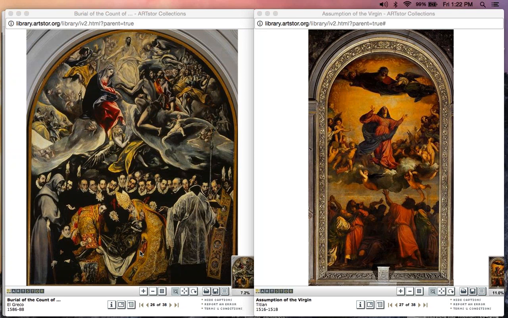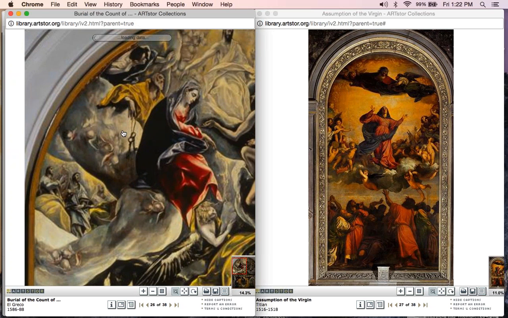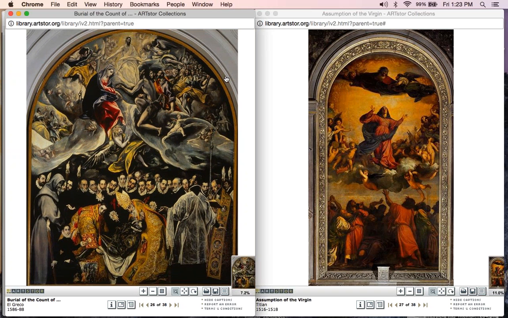He is buried in the church by St. Stephen and St. Augustine that you see here, and they make a bodily descent from heaven. So they're really there, bodily descent from heaven to lower the Count into his grave. And then up above, the angels carry the soul of the Count to heaven. So here's the Count, and here's the Count's soul. And he is accompanied here by his intercessors, the Virgin Mary, and of course, Peter. We can zoom in here. Peter has the keys of the kingdom here. And then there's our Virgin Mary and all kinds of saints and angels that accompany this moment.